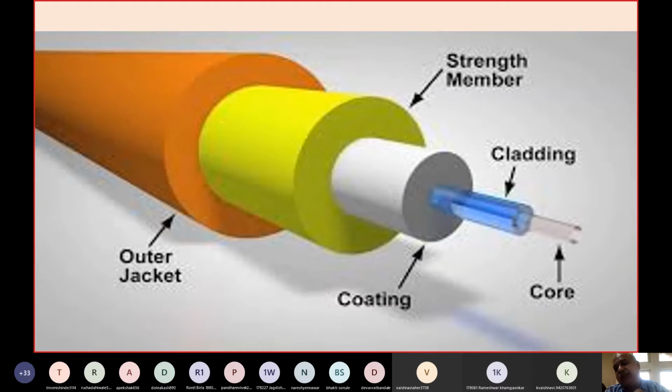Because as you know, fiber optics can carry data in the range of gigabits. Here terabytes capacity can be there. That means thousands of gigabytes of data can be transferred through this. And if there are multiple cores, you can have multiple data transmissions through this particular optical fiber.